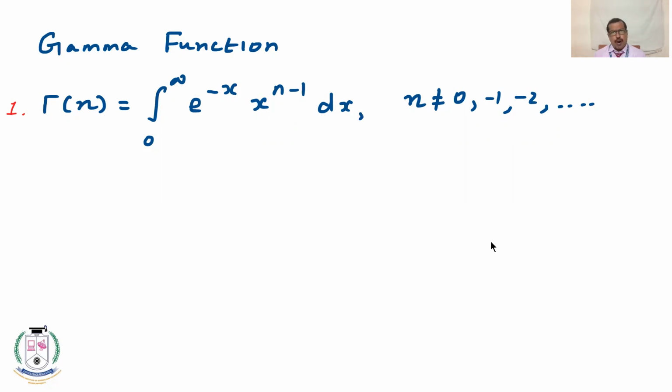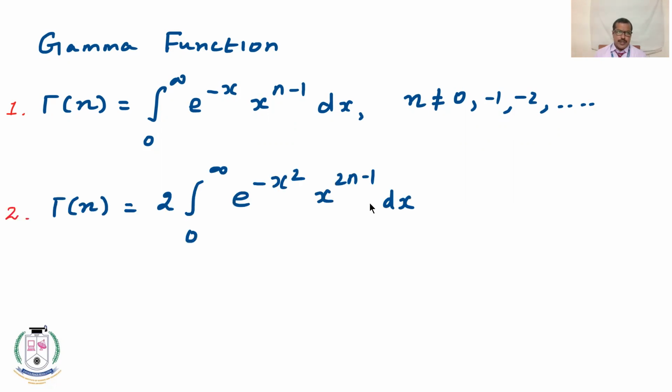There are various forms of gamma function. The second form of gamma function being 2 times integral from 0 to infinity of e power minus x squared, x power 2n minus 1 dx. So either of them can be used to define gamma function, and there are some associated properties in terms of its values, which are